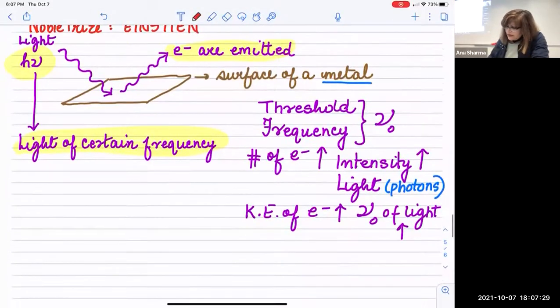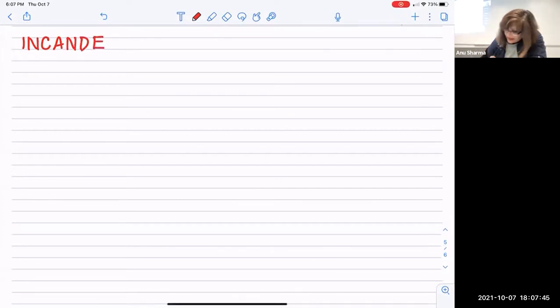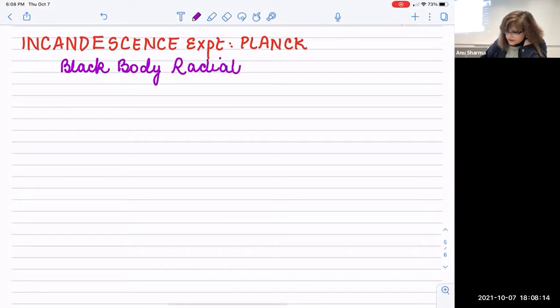It's a very interesting experiment which was conducted by Planck, and this is called the Incandescence Experiment. It was conducted by Max Planck, and this commonly is also called black body radiation. Now, this whole chapter is such an interesting history, a story also,